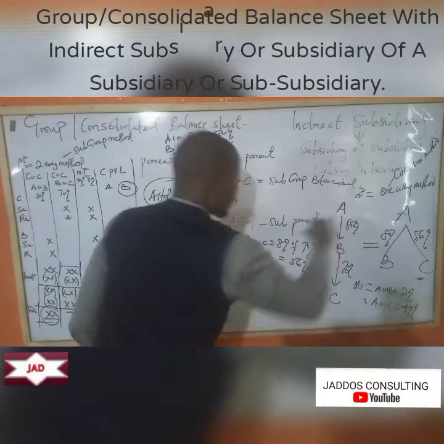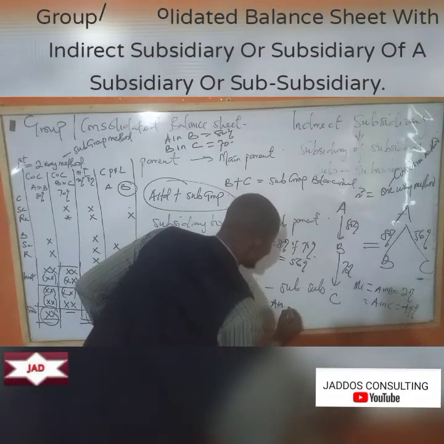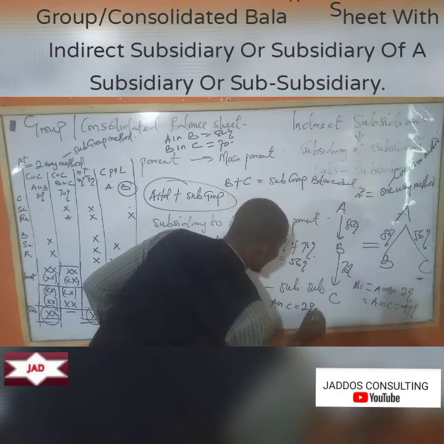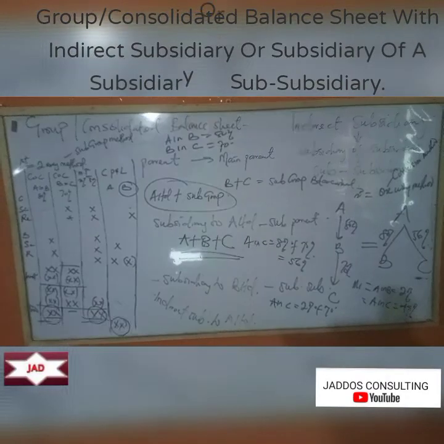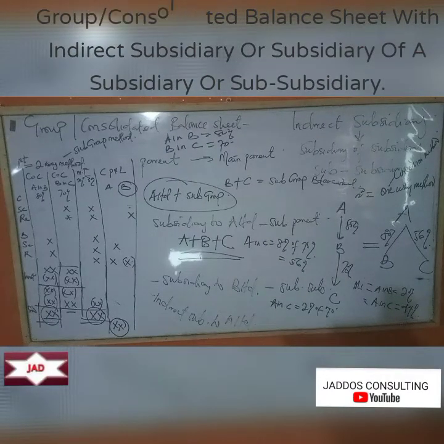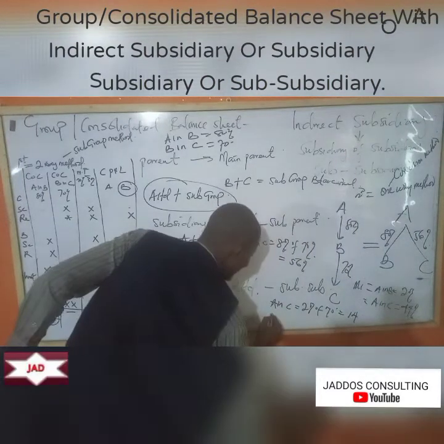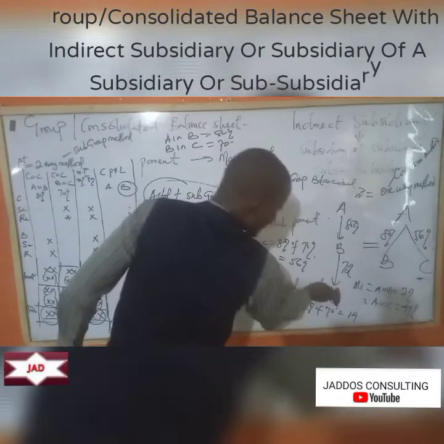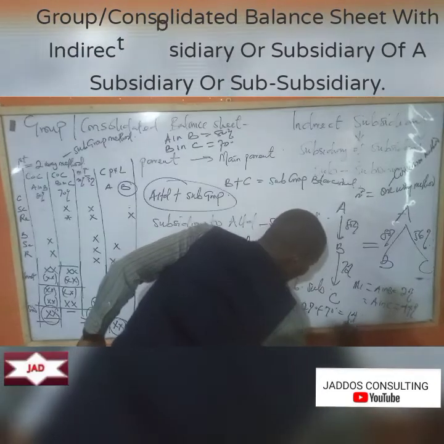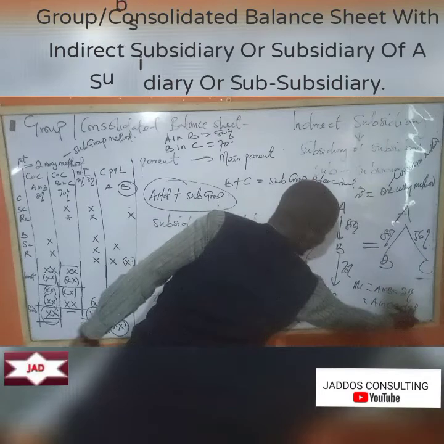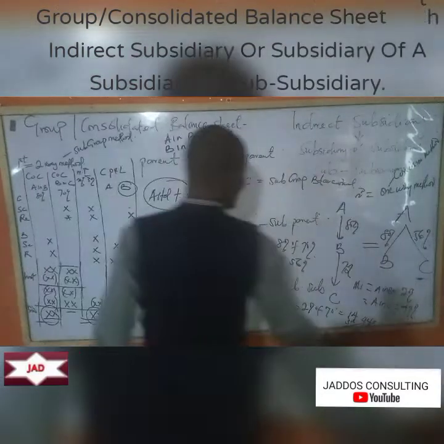Minority interest. Of course, don't forget that A in C minority will be 20% of 70. So what's 20% of 70 there? That's 14. Then directly, the direct minority interest based on B in C, that's 30%. So that would be 44. That would be NCI. So with this now, you can go ahead and prepare your